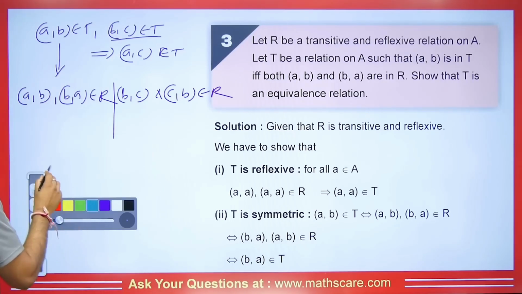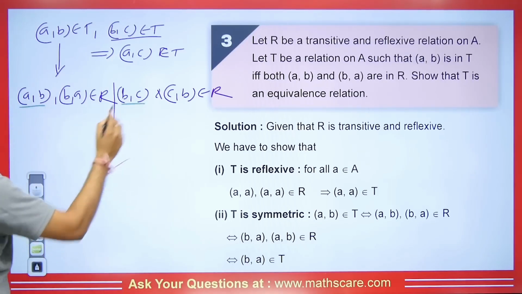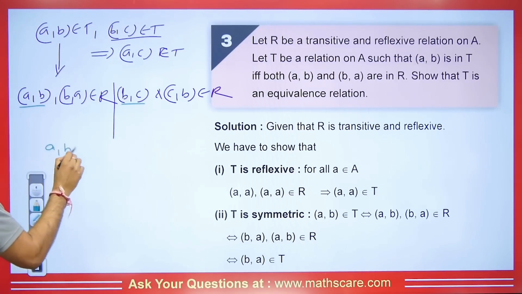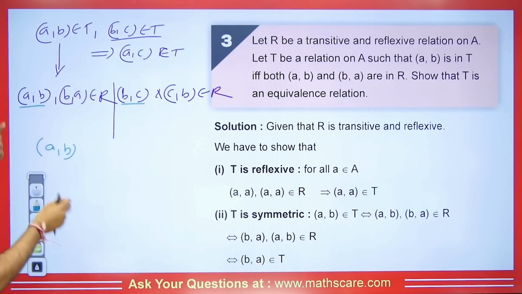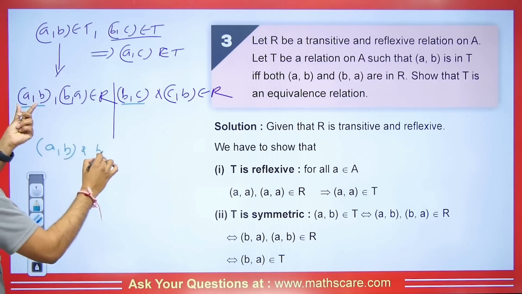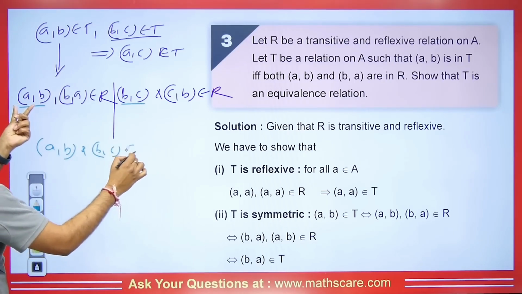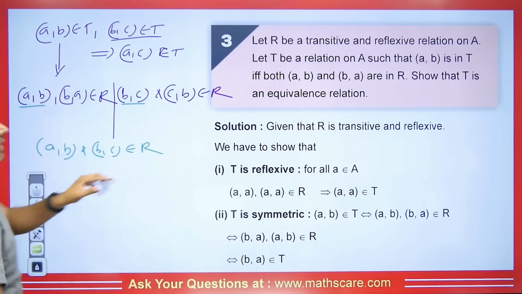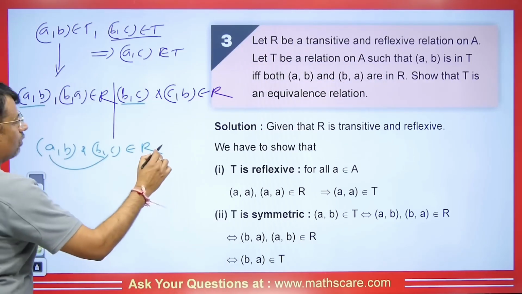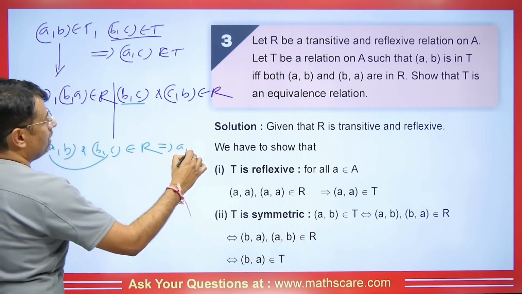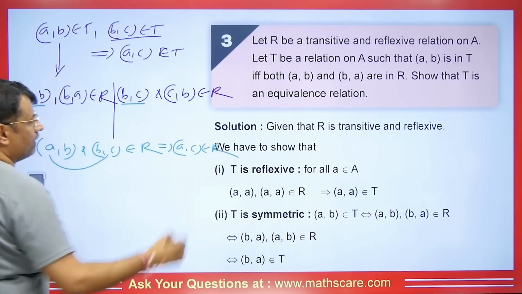I will take this one, I will take one AB and I will take this one. So this means that because these are also in R, these are also in R, meaning all four are in the R. So AB and BC, I will take these two here. If this is in R, this is in R and this is also in R, and R is given as transitive property. That means here, this AC here, it will also go in R by the transitive property, right?